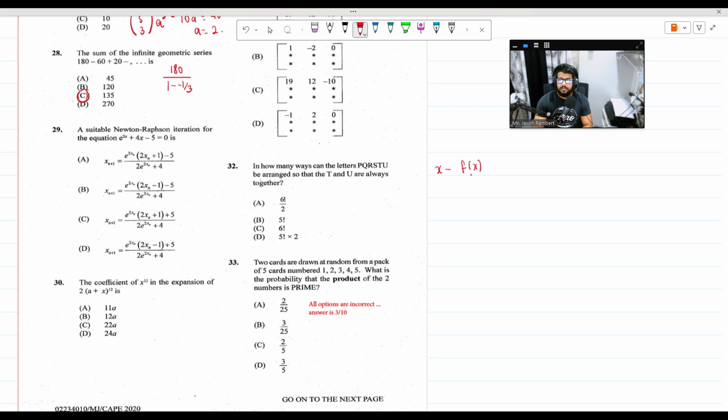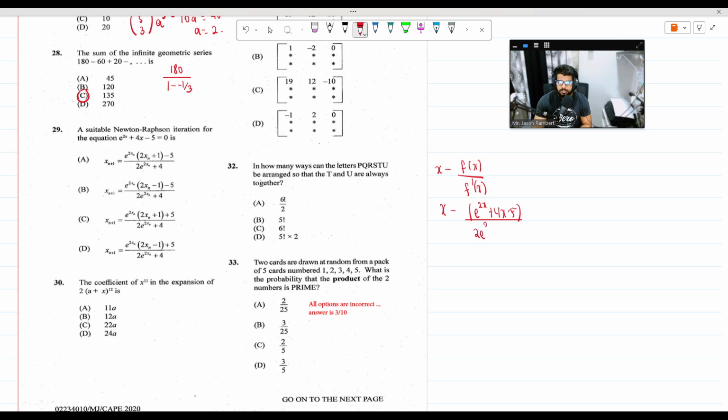I put in f of x over f dash x. Alright, after I do this, I just replace an x with x sub n. So it's x take away f of x, which is going to be e to the 2x plus 4x minus 5 over